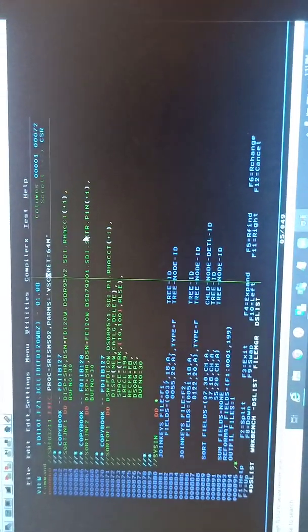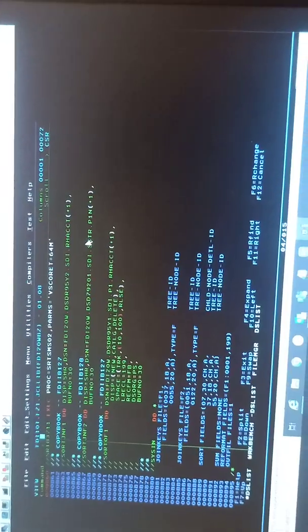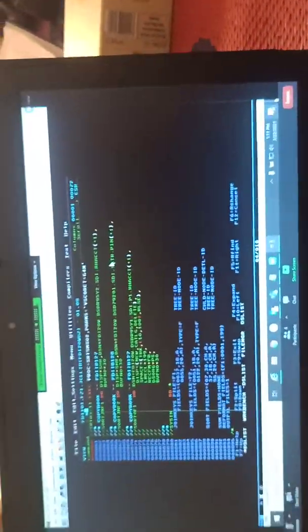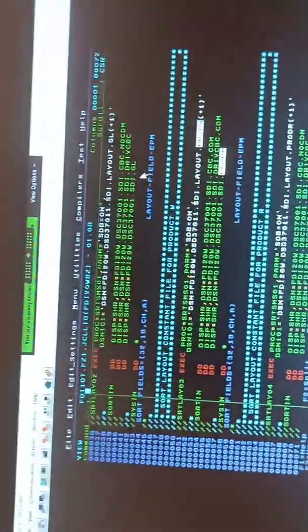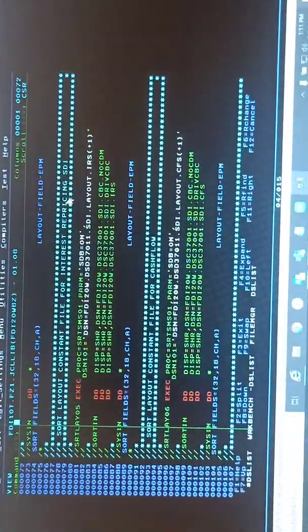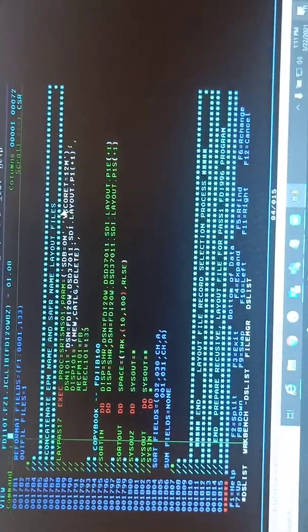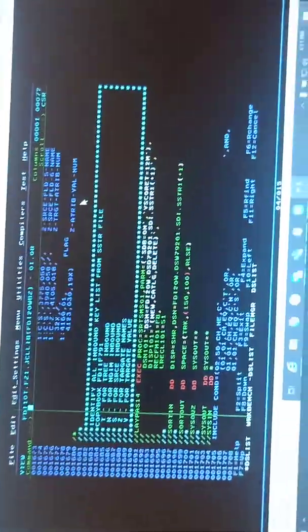Okay, so keep it as it is, just for the layout step, the first two steps, right? Just keep your layout file here and you can delete the rest of the steps. But I think the rest of the JCL, keep it as it is, because you will need that.